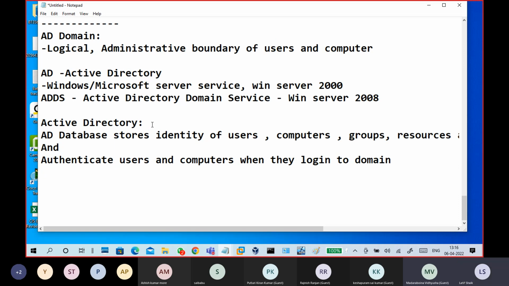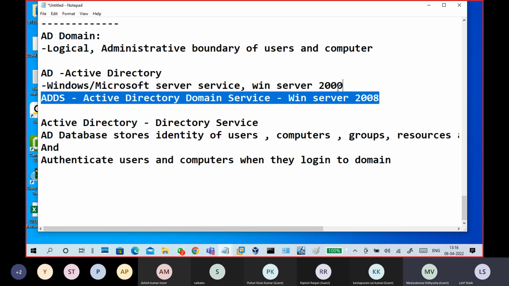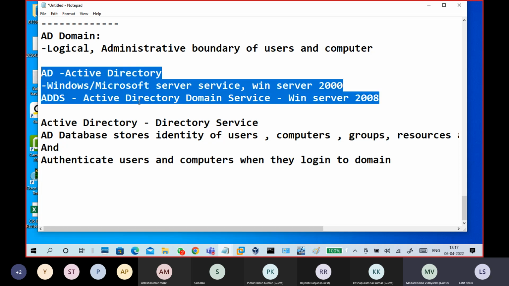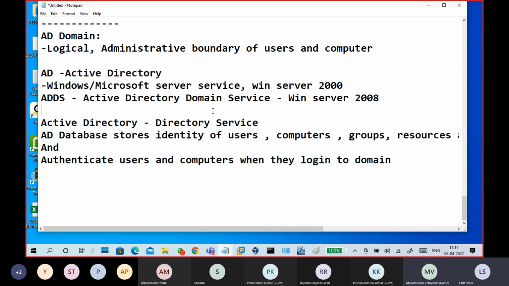What is Active Directory? It is a directory service. Saying only Active Directory, directory service is not a correct answer, guys. That is just an additional part and not important. The important one is what Active Directory or ADDS is: it is a directory service with two services. The Active Directory database stores the identity of users, groups, computers, resources, and services, and it authenticates users and computers when they log into the domain. How does it authenticate? Because it is